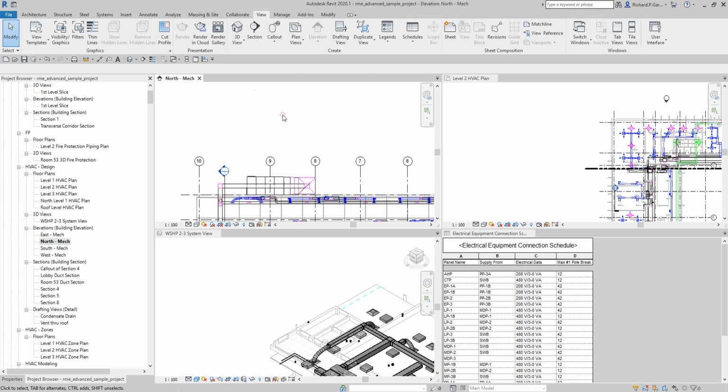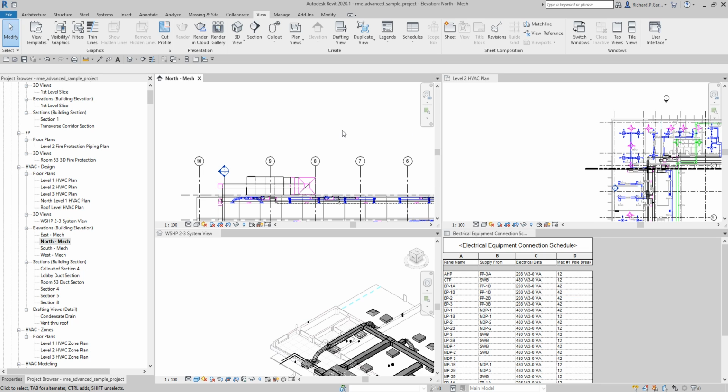If I click here, see it's North Dash Meg, North Dash Meg, North Dash Meg. Now, if I want all of these views to be zoom extents, I'm not going to right click one by one and then zoom to fit, and then come here again, right click, zoom to fit, and then right click, zoom to fit here. Although you can do that, there is an easier way to do that by just simply typing